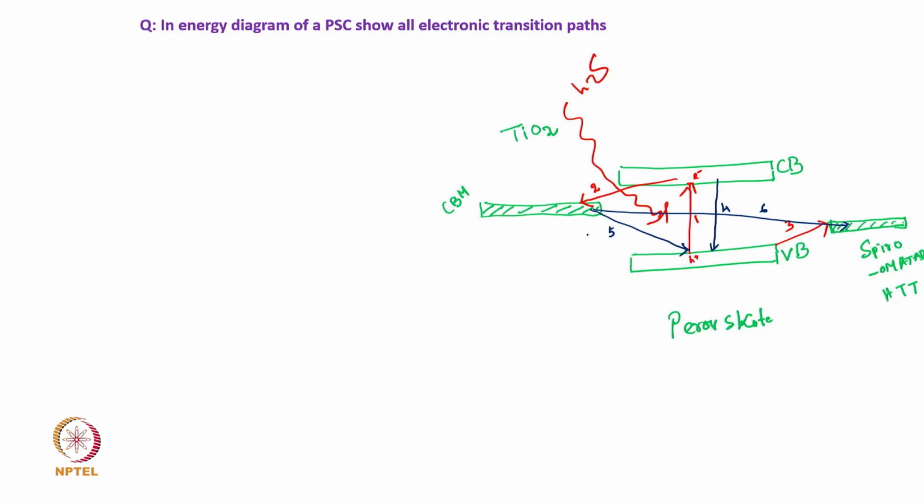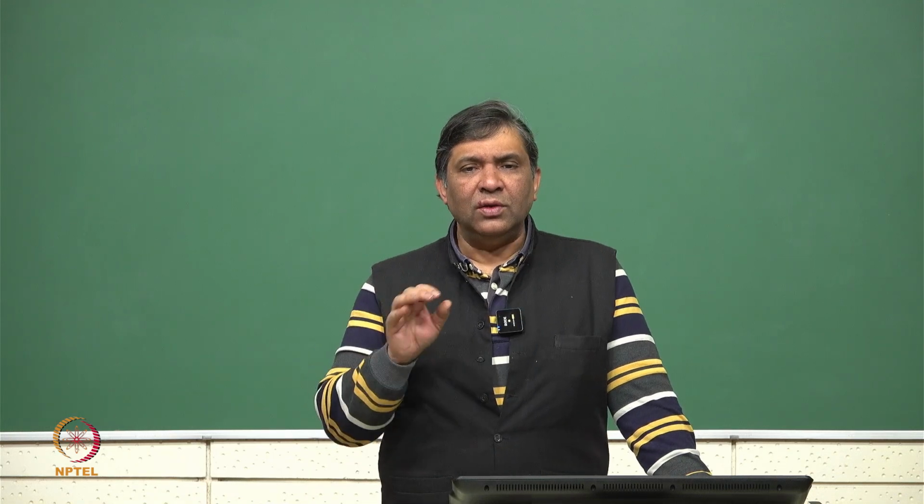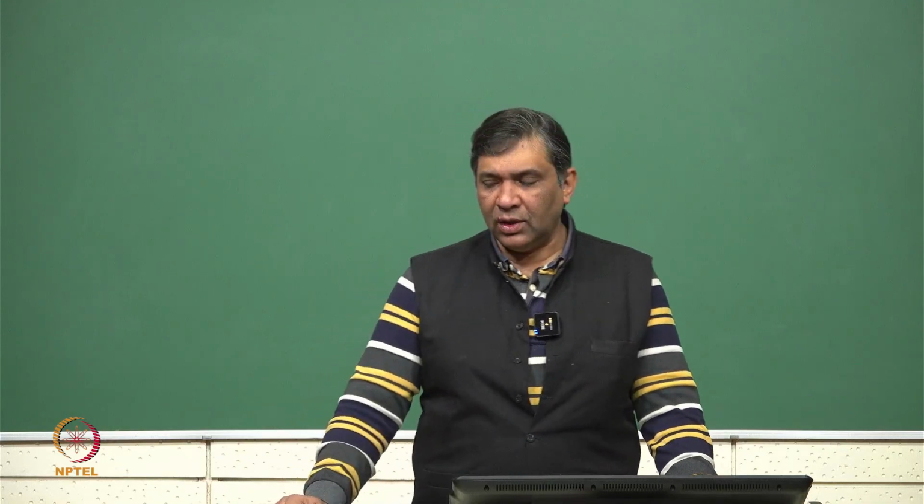That means the electron falling back on the valence band of the perovskite. So, there is a recombination of the electron following the path from the conduction band of TiO2 to spiro-OMeTAD, and there is another recombination process. So, this is the total picture of transition and transport of charges, or the transition of electrons as well as holes, in the perovskite solar cell when it is illuminated by sunlight. Okay.